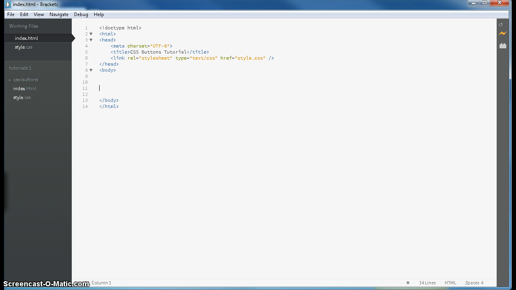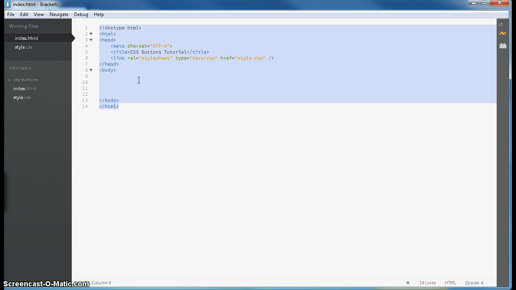First we're going to create a simple button through an href link, and then we're going to show you how to change that button to different colors using CSS styles. So we'll start off basically with our blank document, and I've already put in, as you can see,